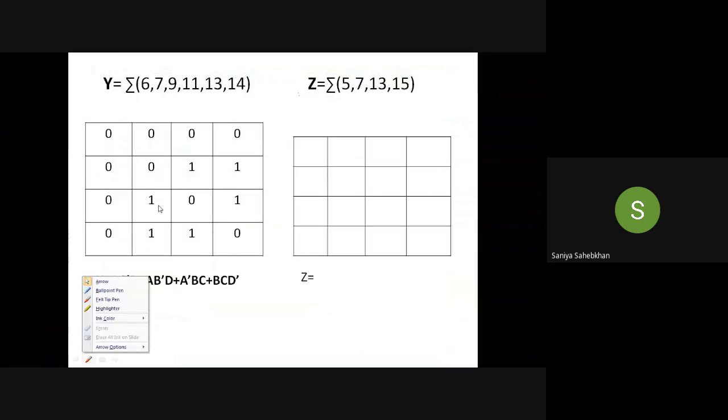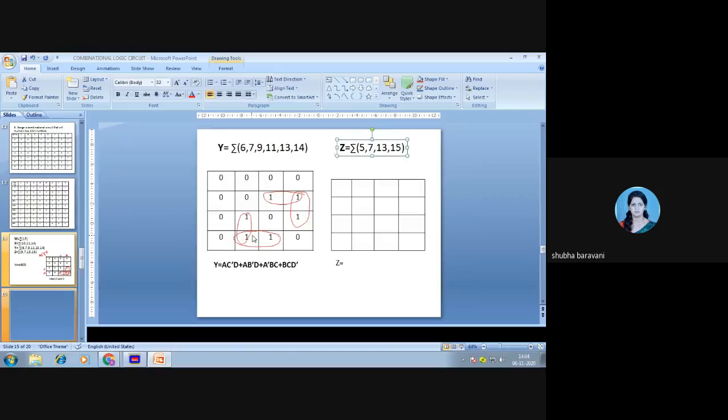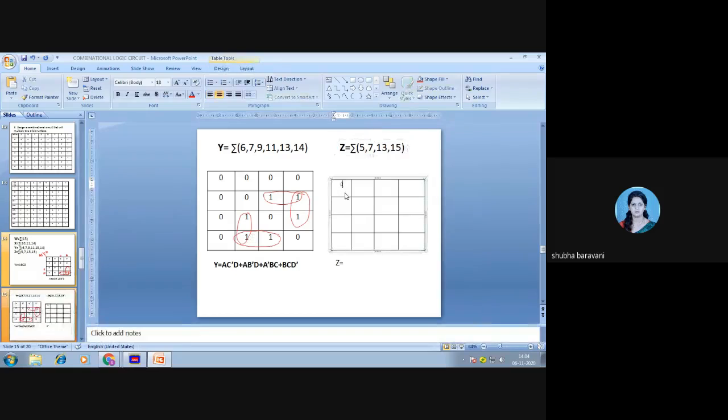Okay, draw the K map for Z. Draw for Z, everyone. For Z, 0, 1, 2, 3, 4, 5, 6, 7, 8, 9, 10, 11, 12 is not there, 13 is there, 15 is there.